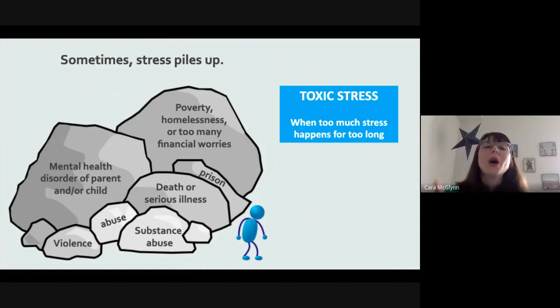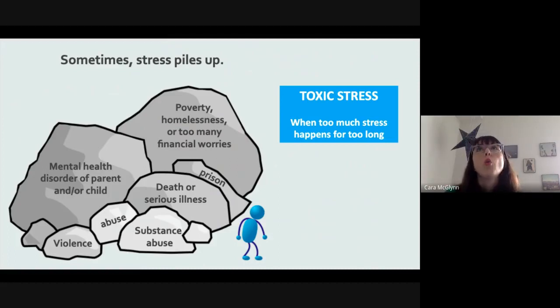Anywho, that stressor of the alarm pushes me into action. I jump out of bed, I do what I need to do, I get to work on time, I get to work so I can pay my bills, I can have a home, etc. That's healthy, manageable stress. Similar to when we have really high expectations for kids, all that's teaching people to do is abide by schedules and routines and to hold themselves accountable.